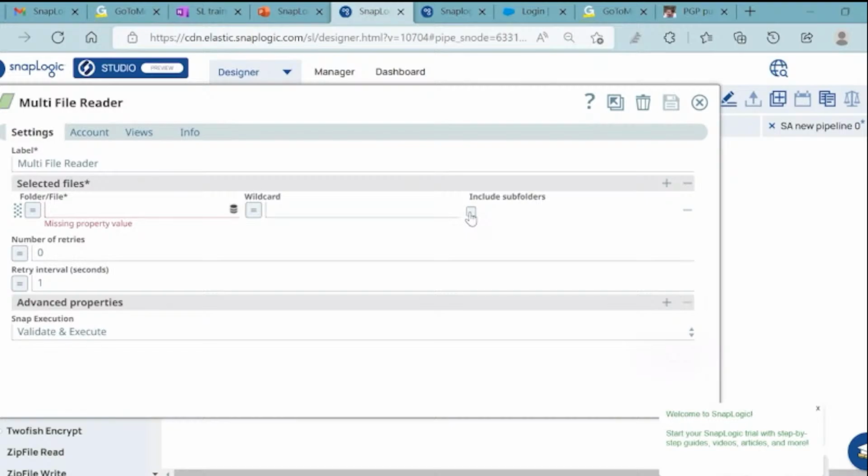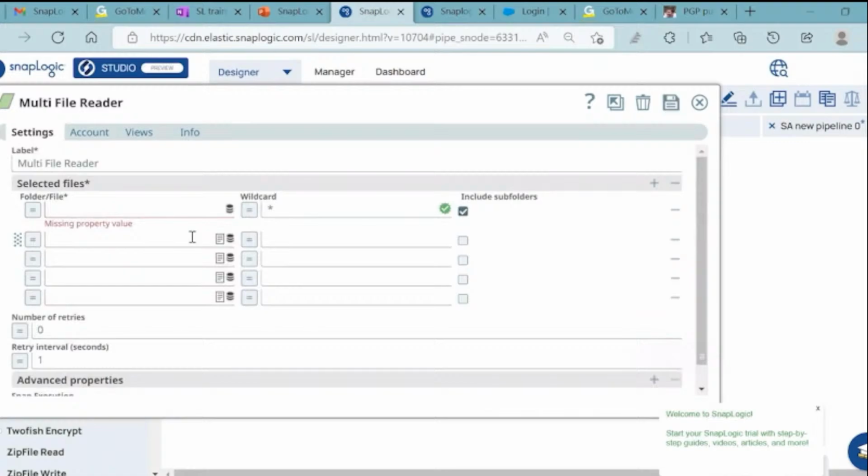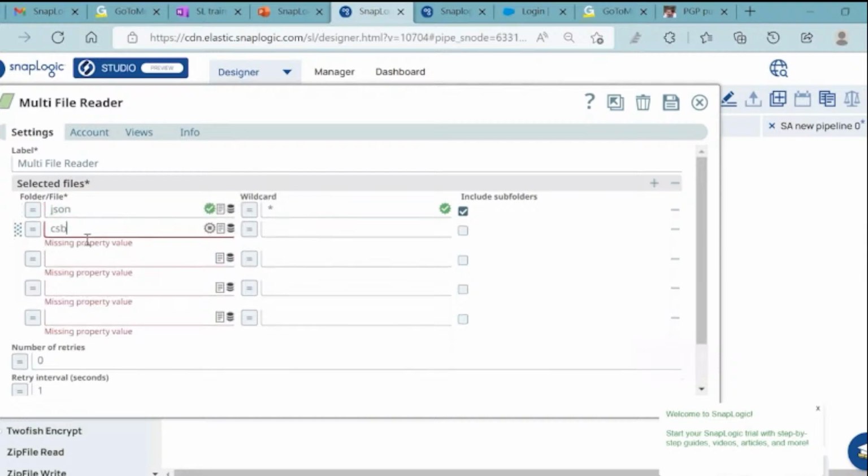Here you can select the file, and also if you want to read multiple files, you can read them. But here you need to remember they should all have the same pattern, I mean the same type of files, like they should all be CSV or all be JSON. Else you do not get accurate data in the output of this snap. You're getting it? If you have different files in your folder, say a JSON file here and a CSV file here,